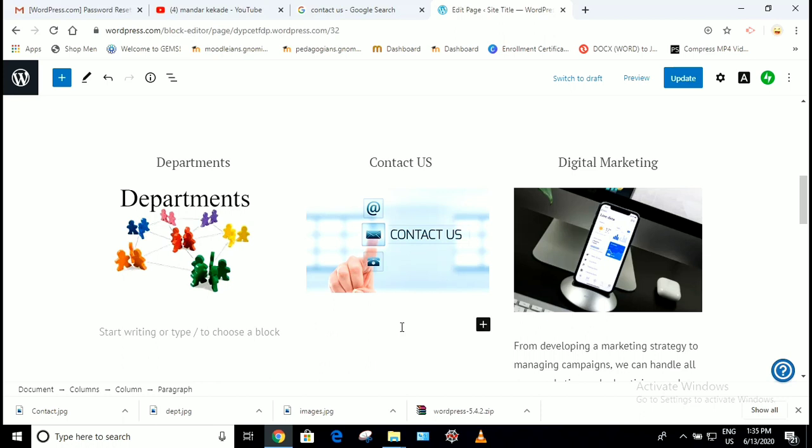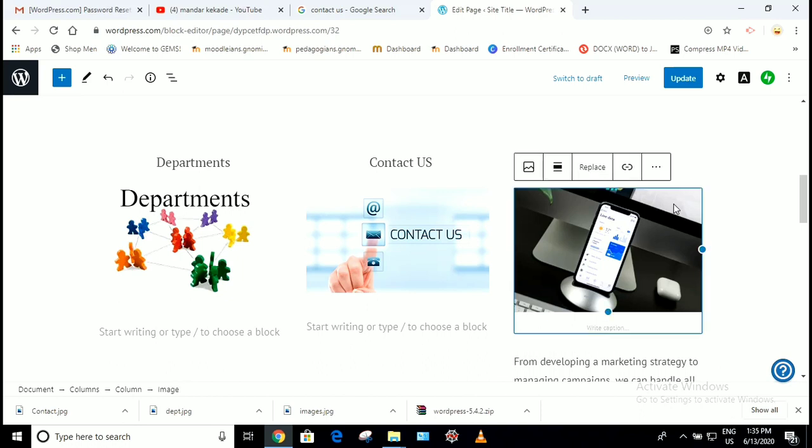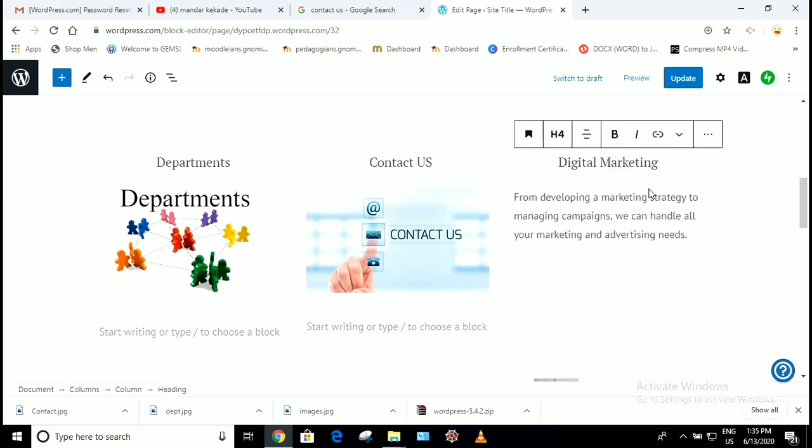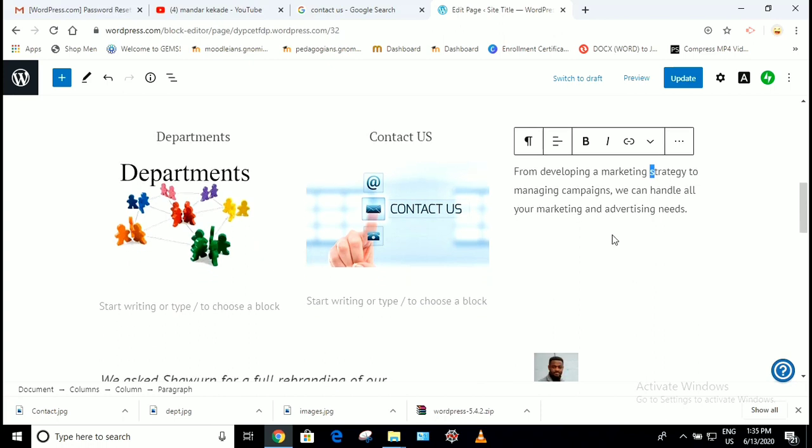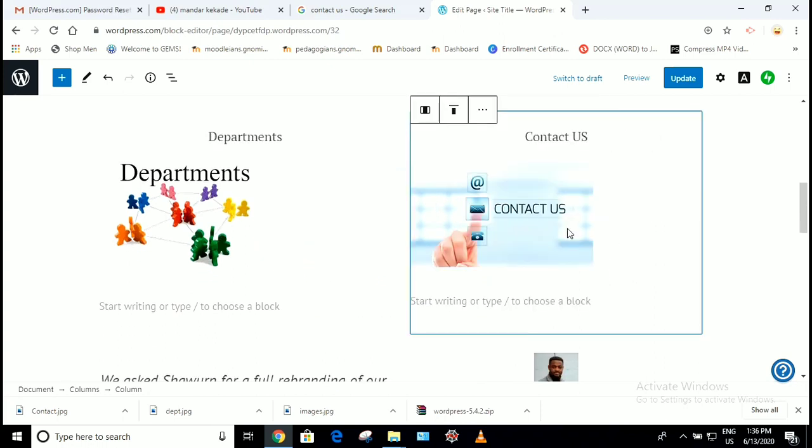Yes, delete it. Now I don't want the third block here. So you can just select this block and directly delete the block itself. So see, I have deleted the image also, and I am deleting the block. Now there are only two blocks, departments and contact us.